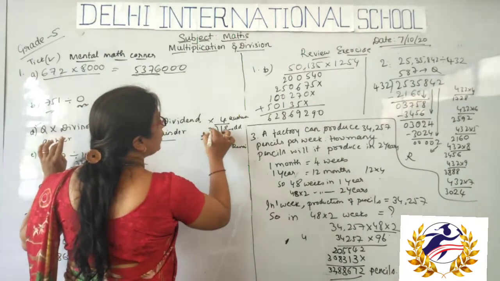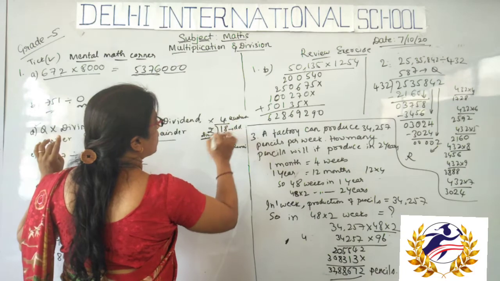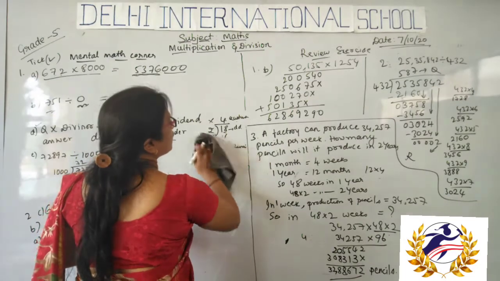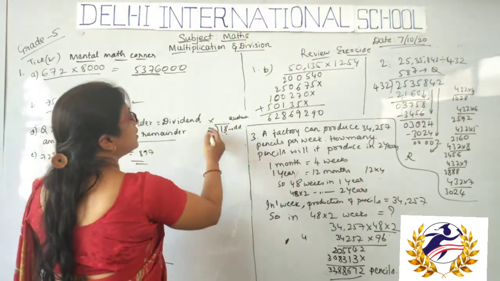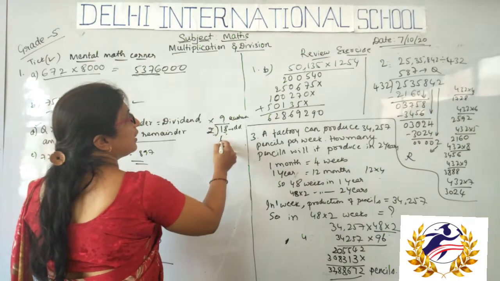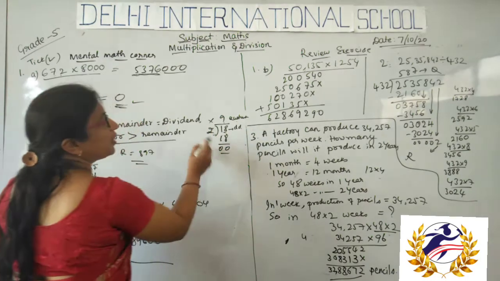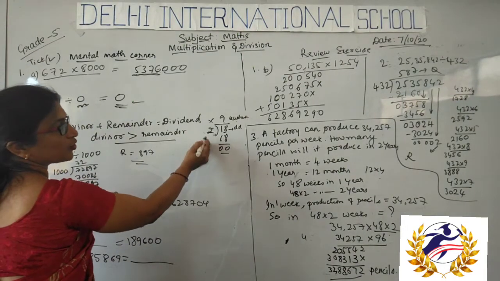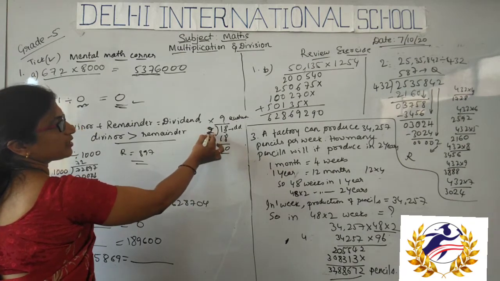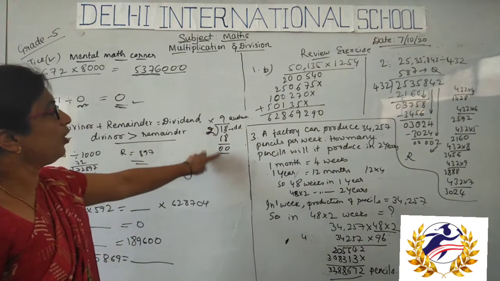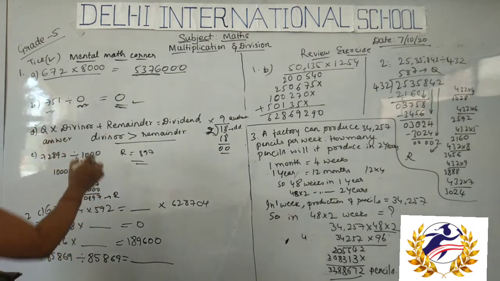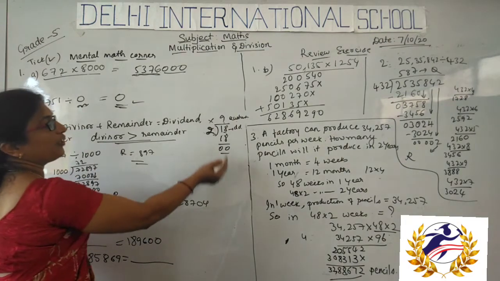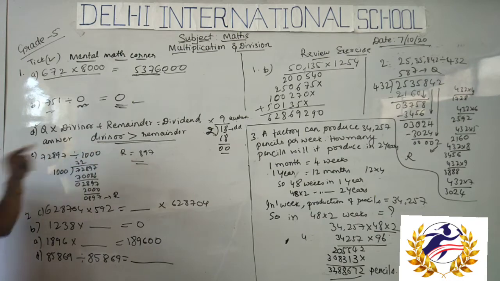For example, if I take 2 here instead of 4, 2 9s are 18. So 0 we got. The divisor is greater here also. So when I take the 2 instead of 4, the remainder is 0, which is lesser than the divisor. That is why divisor is greater than the remainder is the correct answer. Okay. Take 2 to 3 examples and you can check that divisor is greater than remainder is the correct answer.